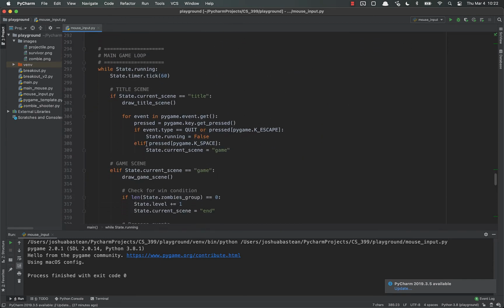So this is all that's running while the current scene is titled. We're drawing the scene, and then we are listening for events. So for event in pygame.event.get, in other words, get all the events, get the pressed keys, and if the event.type is quit, what that means is that you clicked on the X or the red circle if you're on Mac, or pressed